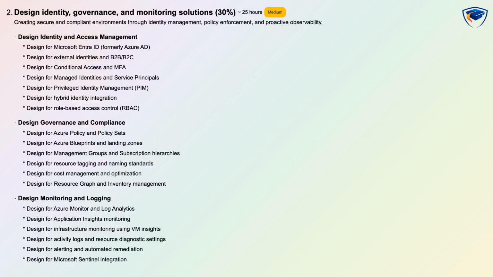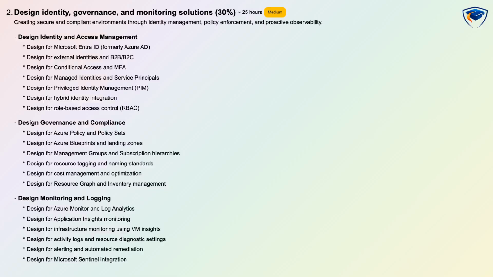In this domain you will design Microsoft Entra ID solutions including external identities and B2B or B2C scenarios, plan conditional access and multi-factor authentication, use managed identities, service principals and Privileged Identity Management, integrate hybrid identity, and implement role-based access